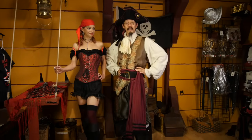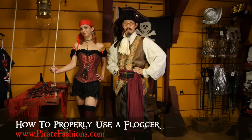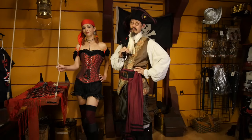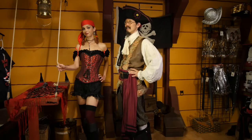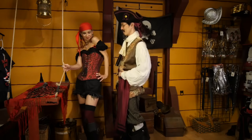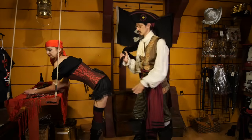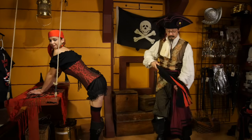And today we're gonna go over the proper use of a flogger. Alright? So, in the age of sail they were used for disciplining, but now they're used for enhancement of pleasure. Alright, so here there are certain rules you want to use for the safe flogging of a mate. Alright? So,